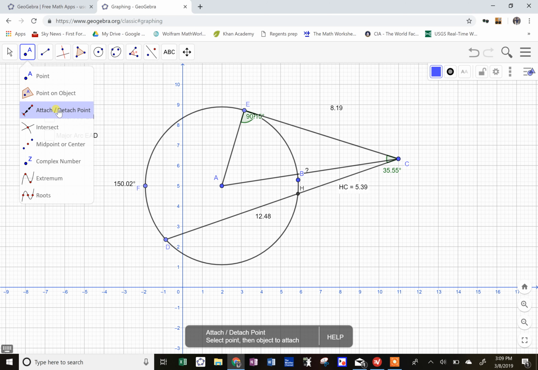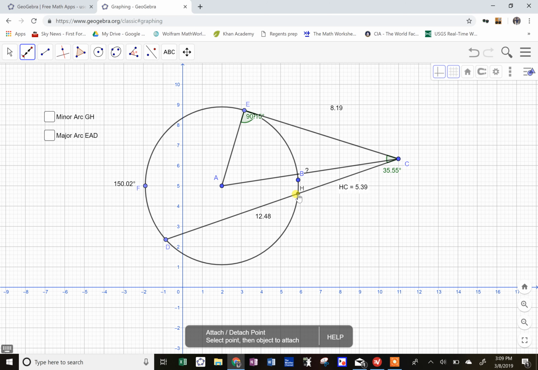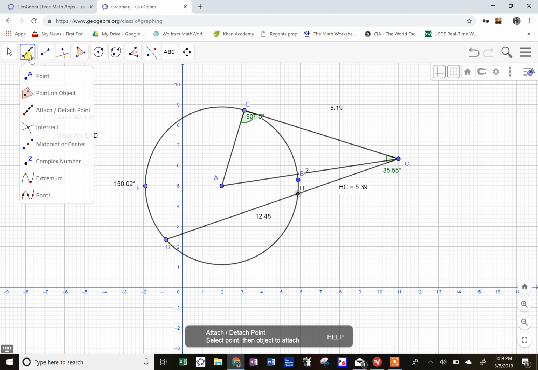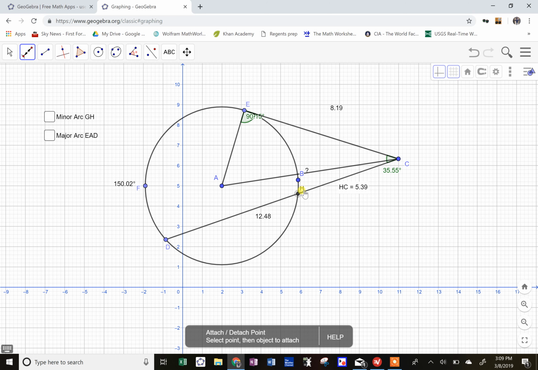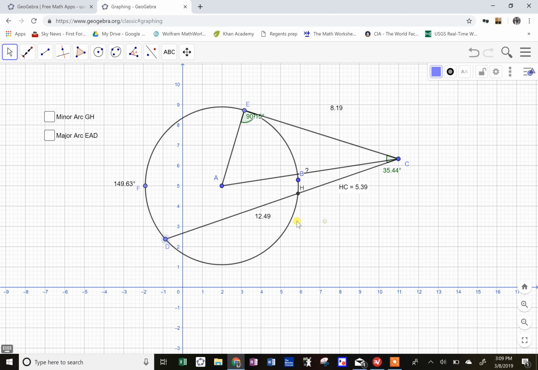There's also something, the attach/detach point, and that's kind of useful if you want to detach a point, H, and then detach it. I'm not sure if you can actually. Maybe I can detach B. Anyway, it does come in handy. I'm doing a poor job of it right now. But once again, you can see how all of this comes into play and how you can use these text boxes